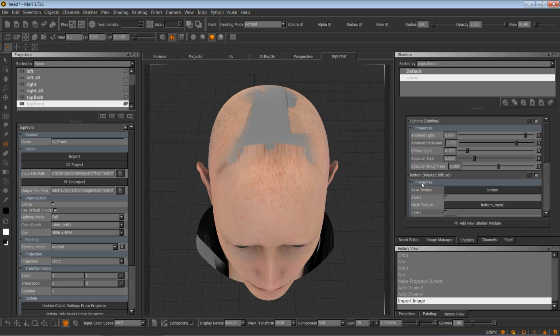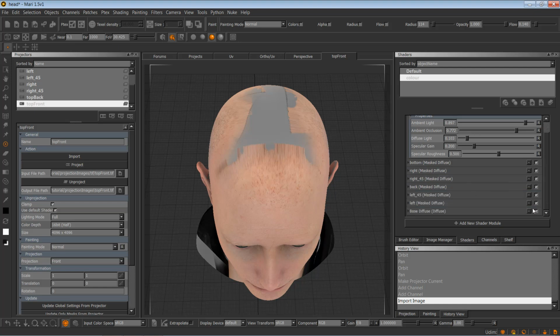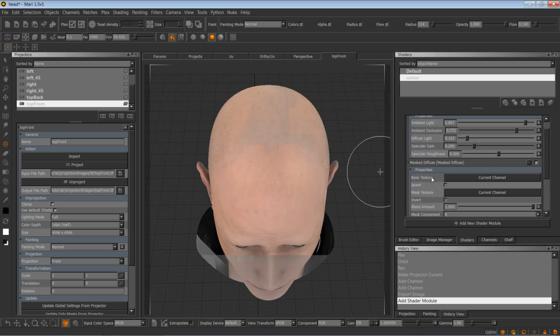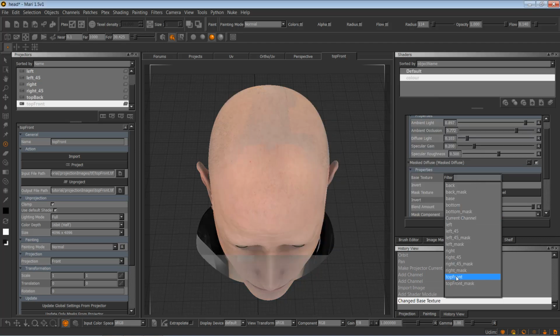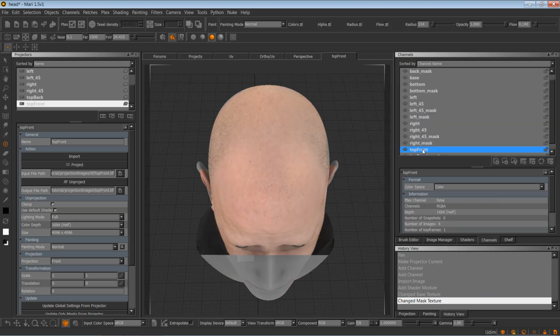So then with our top front channel selected, our top front camera selected, we import our top front image. Actually, we need to do the shader module as well. I forgot about that. Right, let's add new shader module, masked diffuse, top front and top front mask. So now with that channel selected, we can hit B to bake,